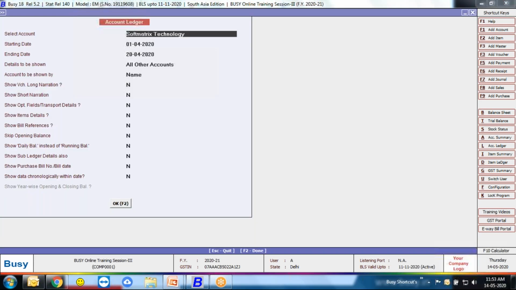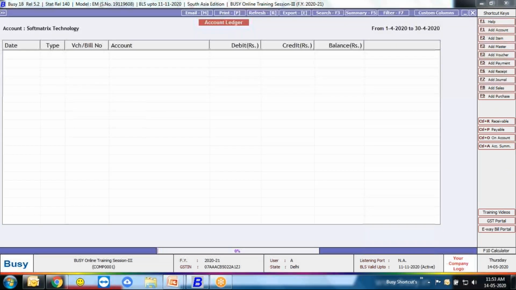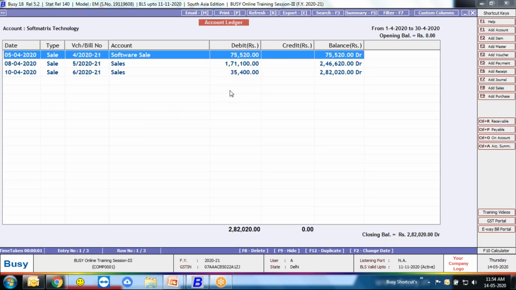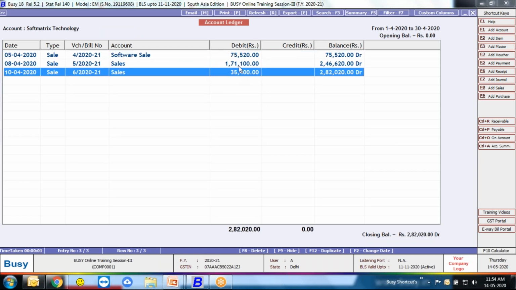Let's check its ledger, Soft Matrix, 1st of April to 30th April. So there are 3 invoices. One is 75,000, another is 1,71,000, and the third one is 35,000. So the total value is 2,82,000 plus 20 rupees, which we need to receive from Soft Matrix Technology.